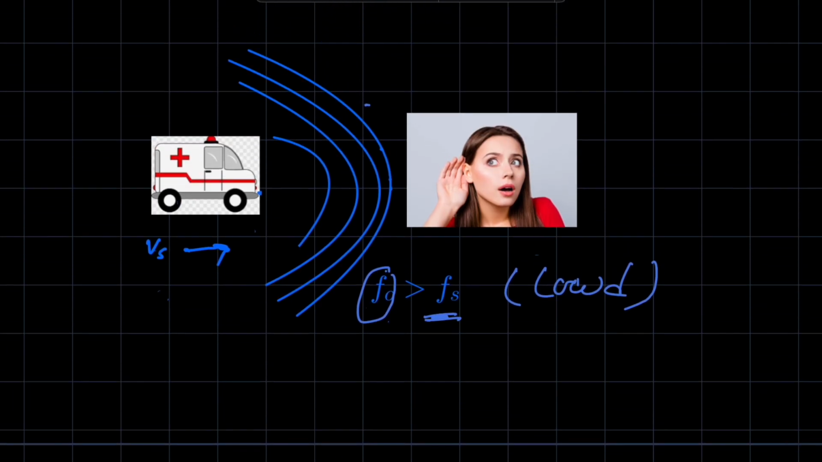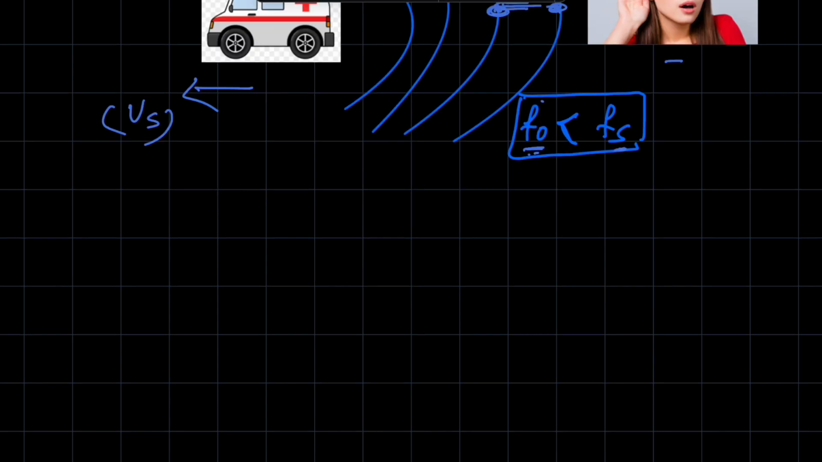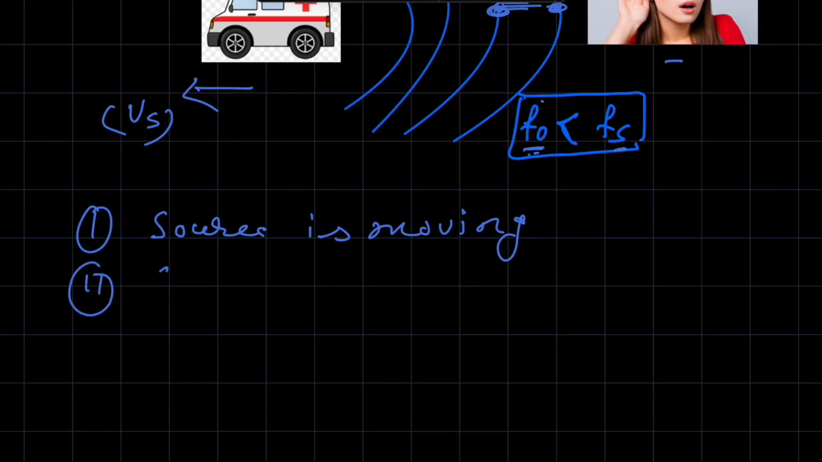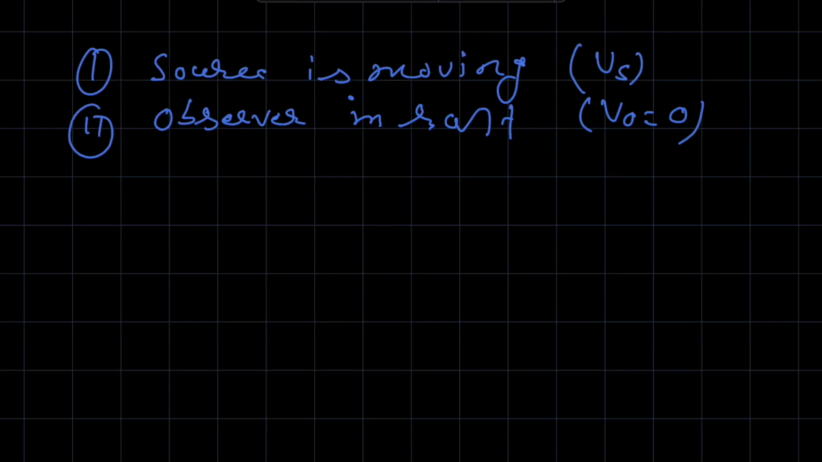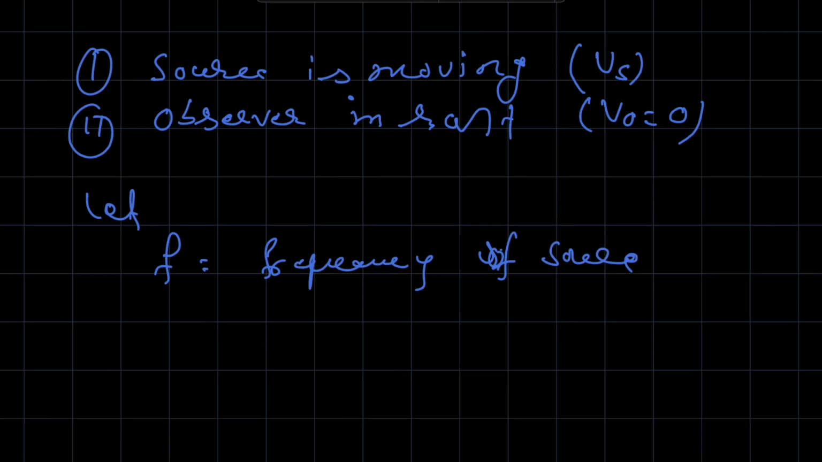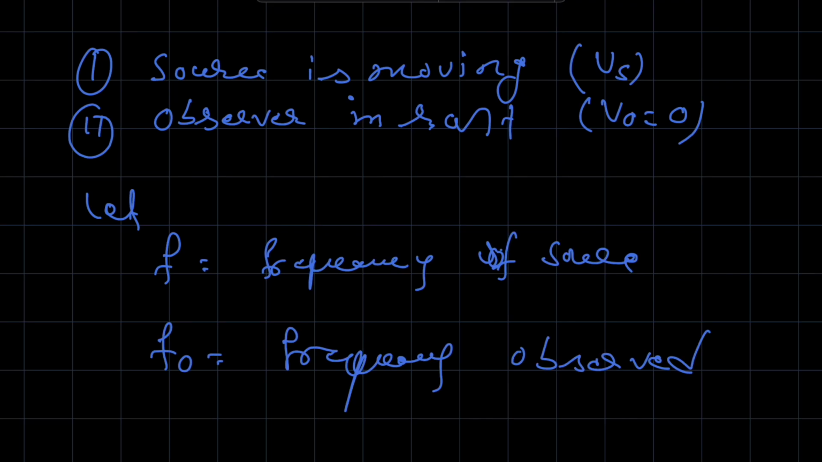If the source is moving towards the listener, the distance between two troughs will be smaller. So in our case, we are considering two scenarios: one is the source is moving and second is the observer is at rest. Let f be the frequency of the source, f naught the frequency we observe, and v the velocity of sound,